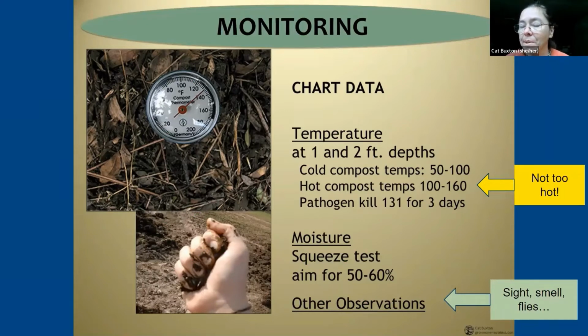Cold compost temps are between 50 and 100 degrees. A lot of backyard compost gets about this. You might even find that sort of temperature heating up in a natural pile of decomposing matter in the woods. But in order to get the aerobic organisms, which are those microbes that like to operate with a lot of air and not just a little air, those are called thermophilic organisms. I think I'm saying that right, thermophilic organisms. And they range between the temperatures of 100 and 160.